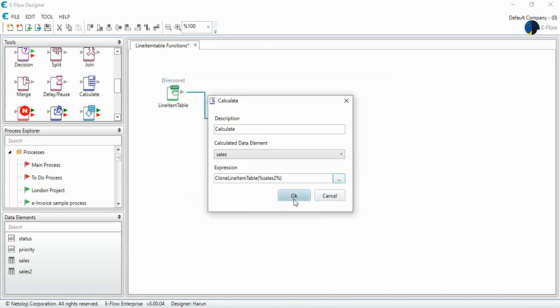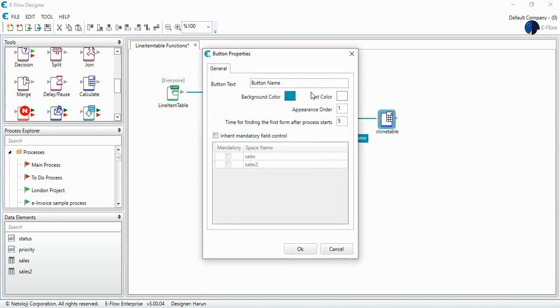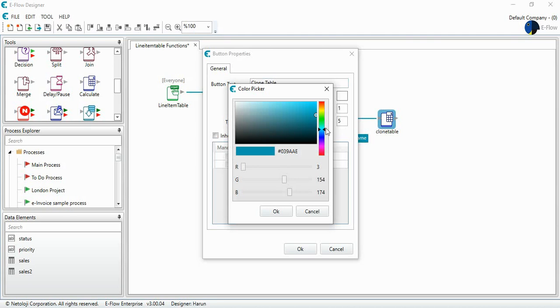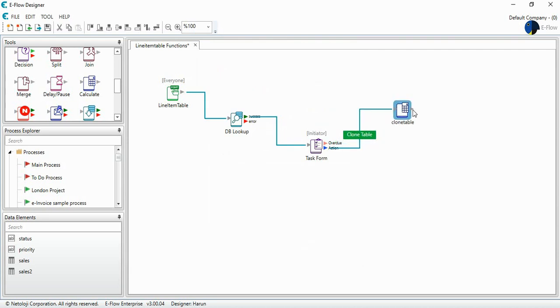Alright, this is done. So we clone table with this calculate tool, and from action button it goes to clone table. And let's make the background color red for this button, and it goes back to